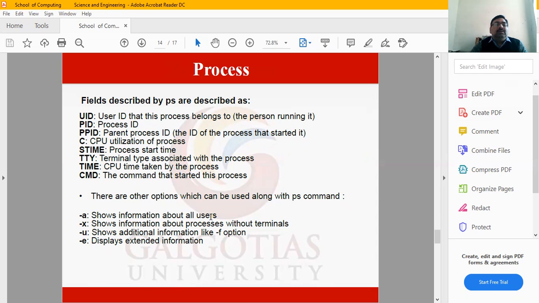So these are the fields which are related to the processes, and these are some options which can be used with the ps command. With -a it shows information about all users. ps -a you can use. ps -x shows information about processes without terminals. बिना टर्मिनल के जो आपके प्रोसेसेस हैं वो कौन कौन से हैं, तो वो हम ps -x से देख सकते हैं. ps -u shows additional information like the hyphen option. जो हमने -f यूज किया था, ps -f, the last command that shows additional information, you can view by ps -u